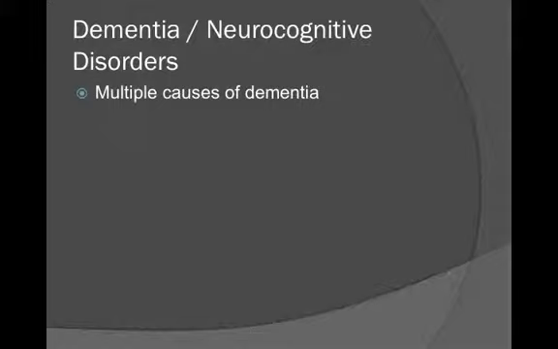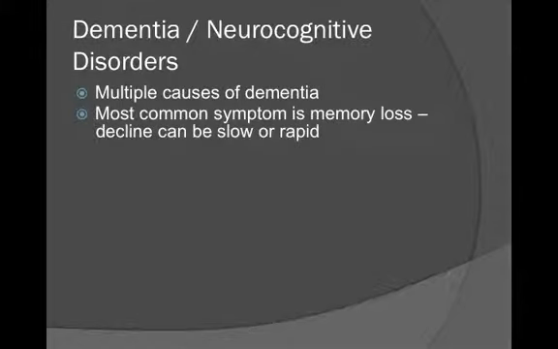And of course many of us are becoming very familiar with Alzheimer's disease because it's the most well-known and most prevalent form of dementia. Alzheimer's disease occurs when there's a buildup of what we call amyloid plaques in the brain tissue. We're still not exactly sure why that occurs, and we don't have a cure for this or other forms of dementia. And dementia is typically a terminal illness. We'll talk a little bit more about that in a moment. The most common symptom of this particular decline is memory loss, and that decline in memory can be slow or rapid depending on the individual's case.